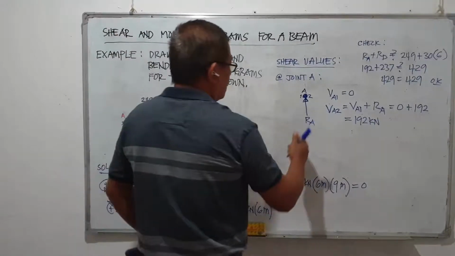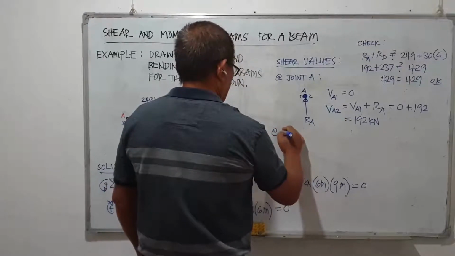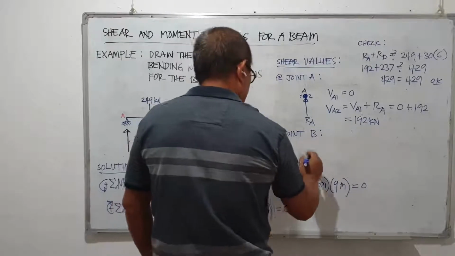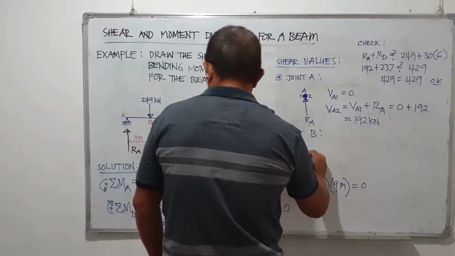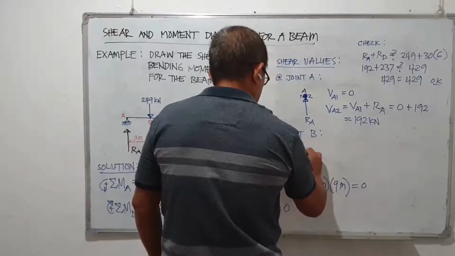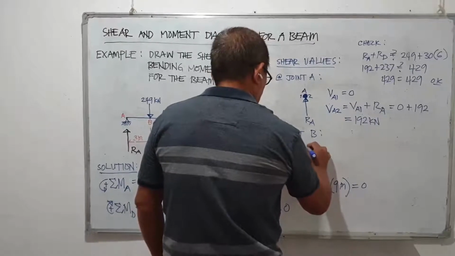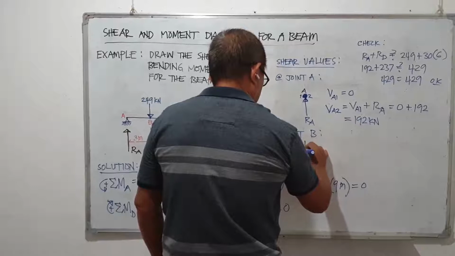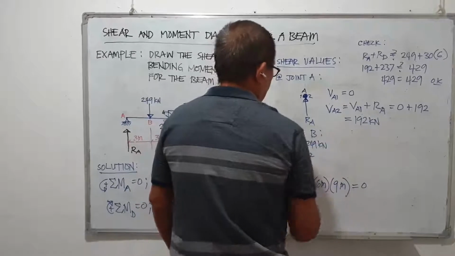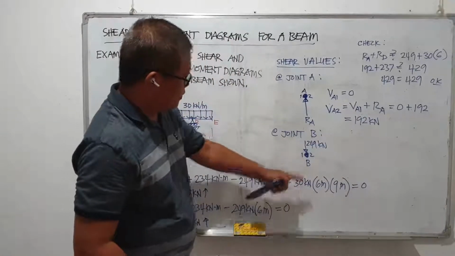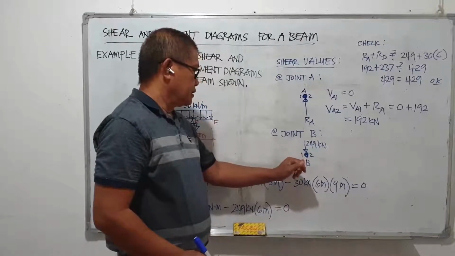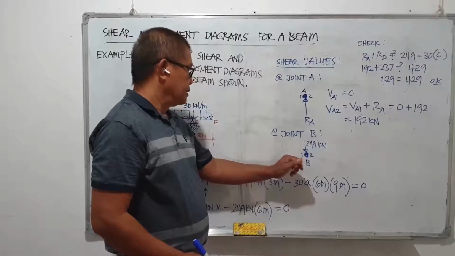Then at joint B, if these are joint B, again this is point 1 of B, and then point 2, and we have the applied load, which is 249 kilonewtons, at point B. So, a little to the left of point B, the shear is V sub B1, and it is